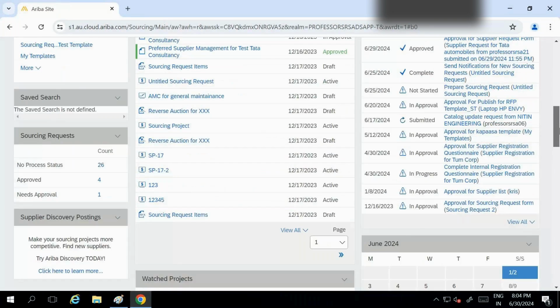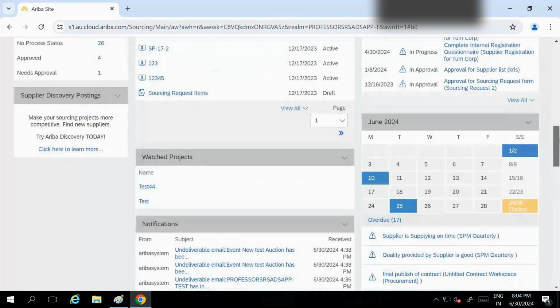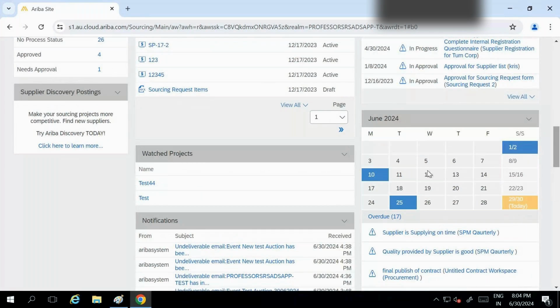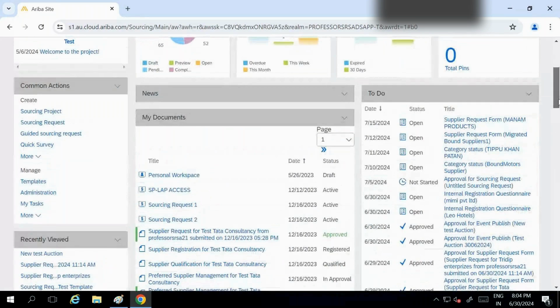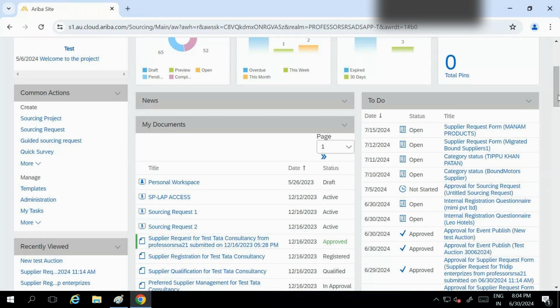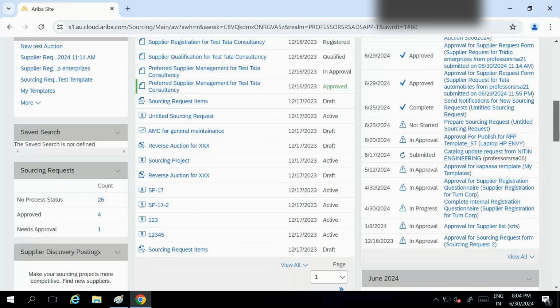And this is your one year calendar, 365 days calendar. Here if you want to go and check any event when you have created, you can. You can also modify this calendar, like how we have created this shortcut for our event status. In that way also you can manage your calendar.